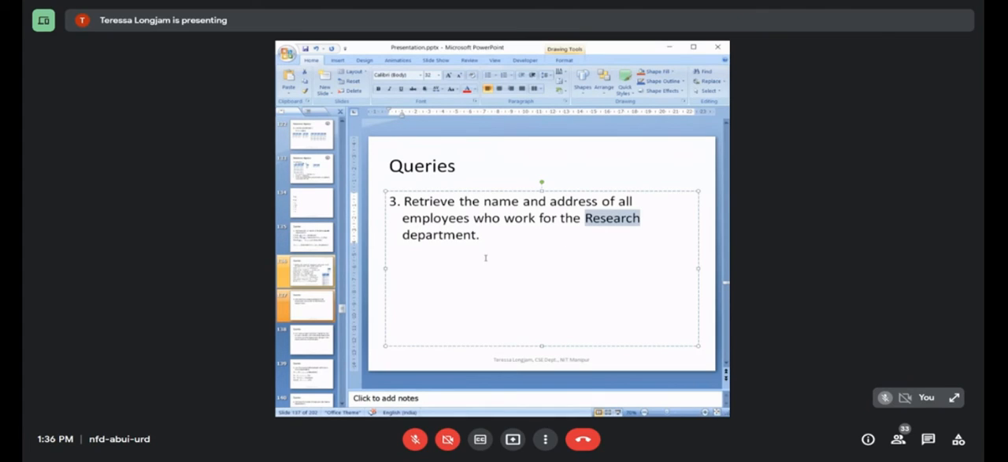So from there, what you need to do is, from the department relation, select the tuple that has the name equal to research. By using sigma, select the tuple where the name is equal to research. Okay, and you join this resultant relation with the employee. Why? Because we are going to retrieve name and address of employees who are working in the research department,